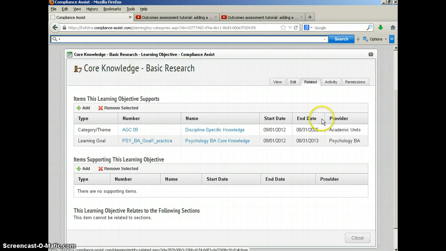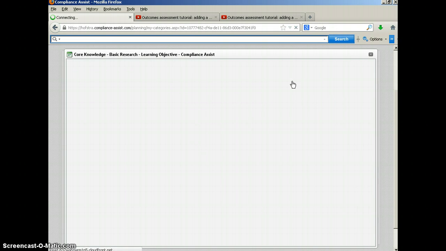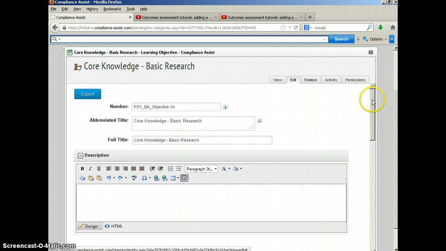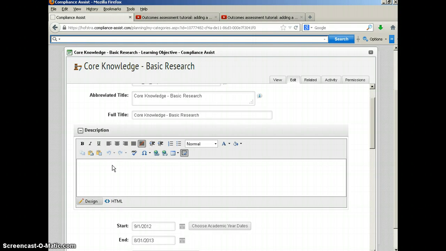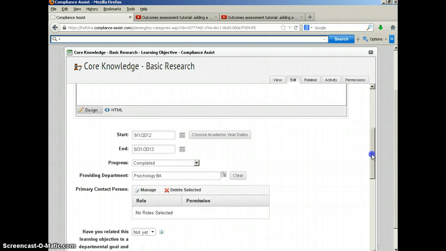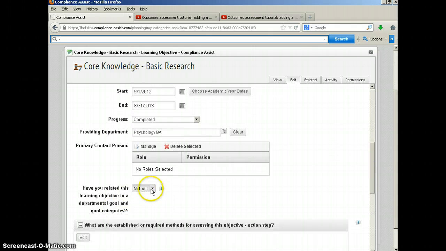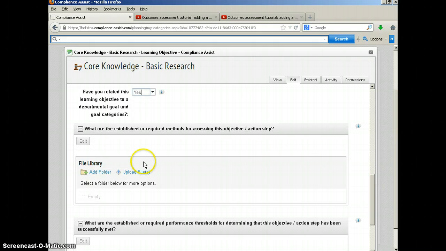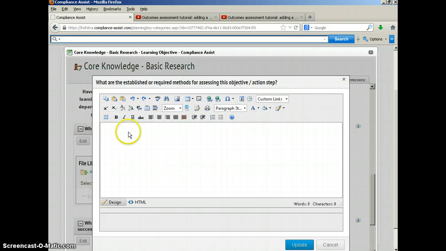I can close this window, or I can go back to the Edit tab. All right, now I can add a full description of this learning objective. All right, I've done the relations between this learning objective and documents higher up in the hierarchy, the goal category and the goal for the department. So I'll click on Yes. And now you'll answer some basic information about this learning objective. What are the established or required methods for assessing this objective and action step? I can click on Edit and put in information such as